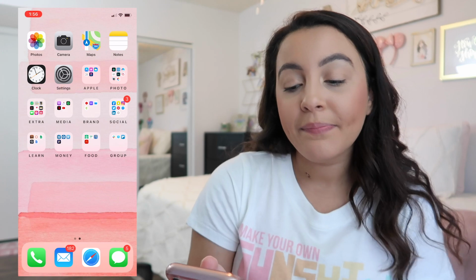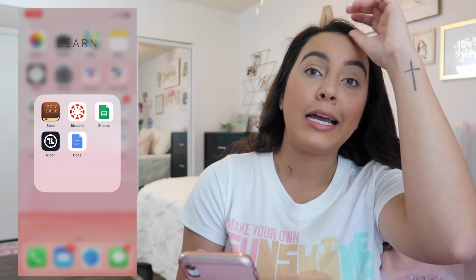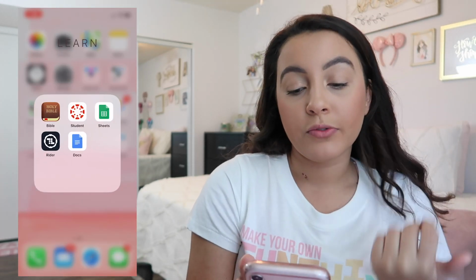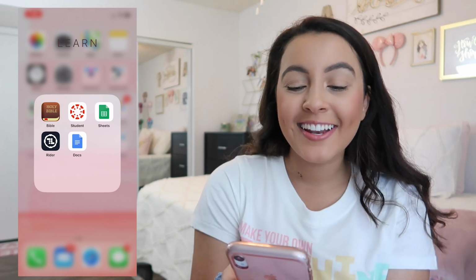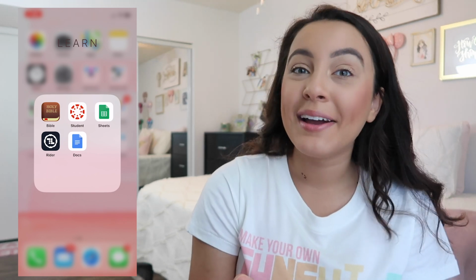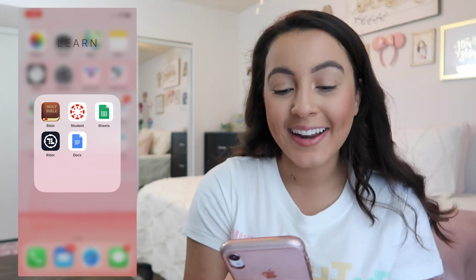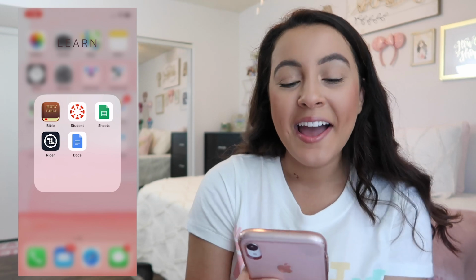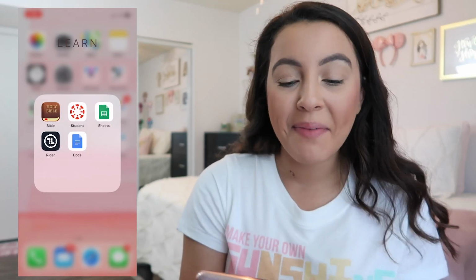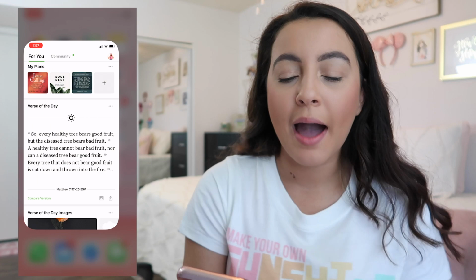Then I have Learn, and in here I have a couple of different things that I use for school, or really just anything revolving education. It'll be a crazy time when I can delete this folder from my phone. It's not too far away, it's kind of scary, also kind of awesome and crazy. First thing I have in here is my Bible app, and this is the YouVersion Bible app,